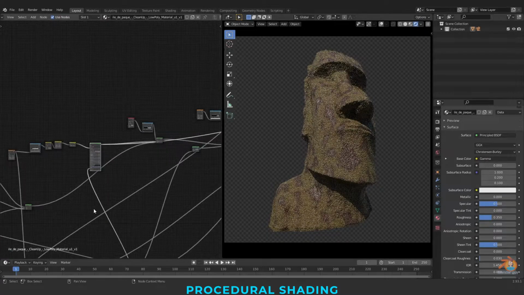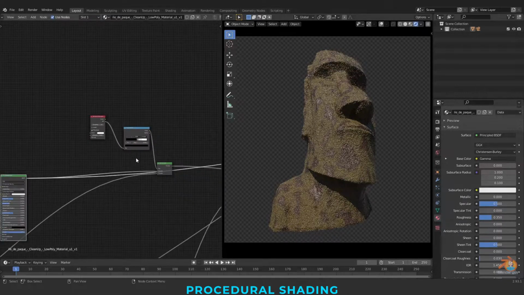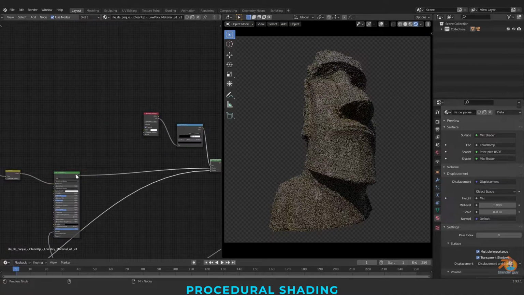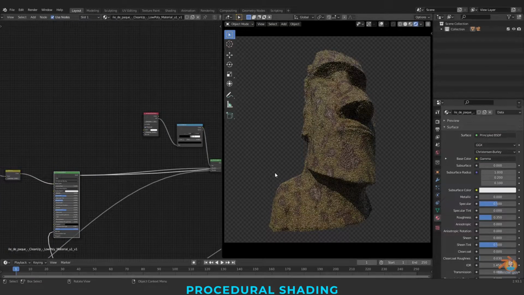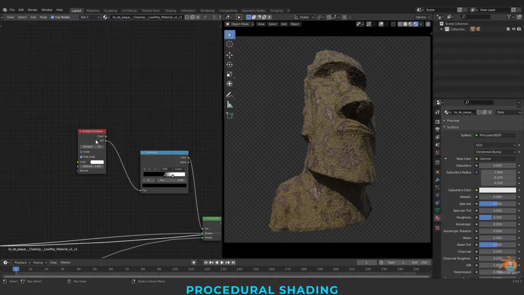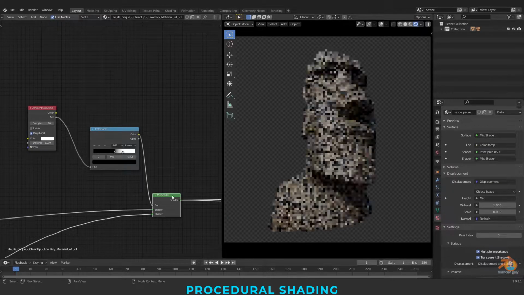Again, both of these shaders are connected by occlusion here. Occlusion works like a mask here.